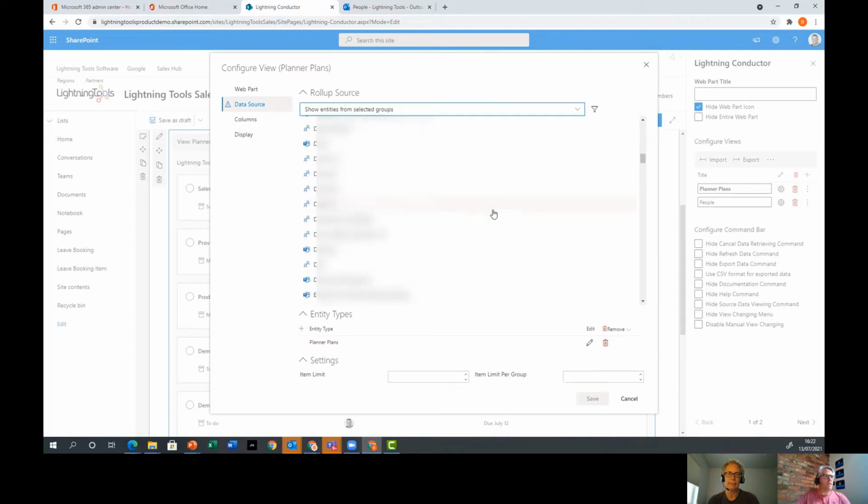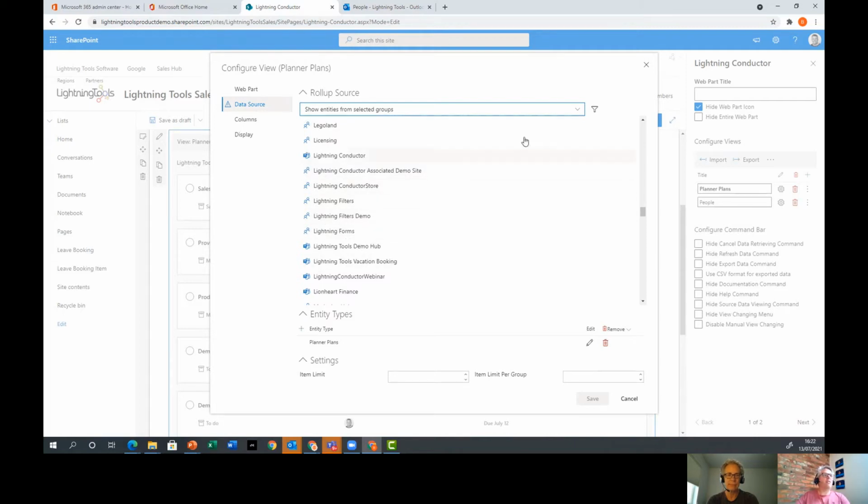So we can just simply go through and select that. And as you can see, there's a bunch here beginning with Lightning Tools that we can see. Some of those are teamified, others are not, which you can tell by the icon there. Nice. And you've also got from all teams as well. So if you wanted to focus in on Microsoft Teams as your source, of course, they're Microsoft 365 groups, or also show entities from selected teams, you can go through and choose that option